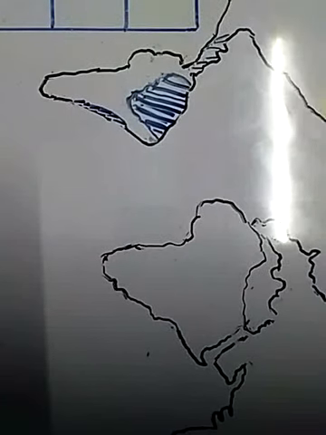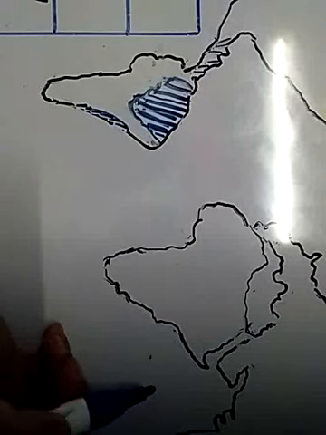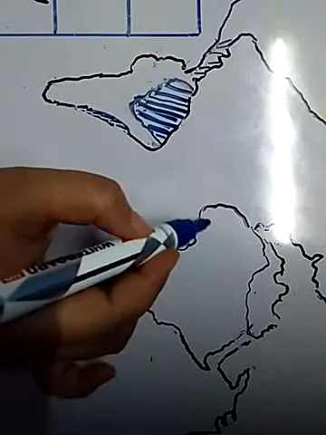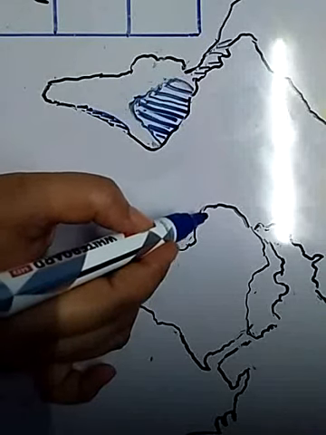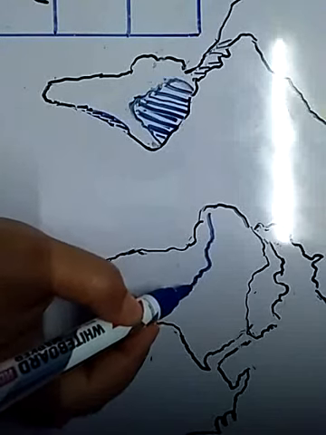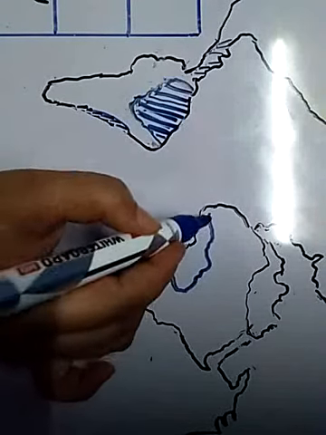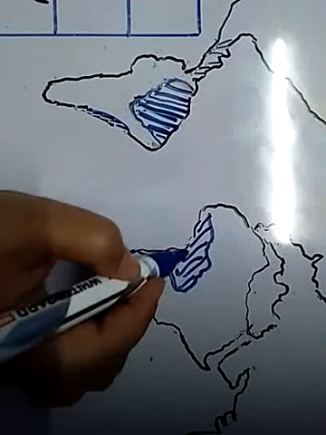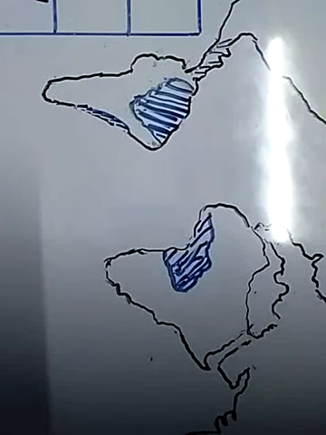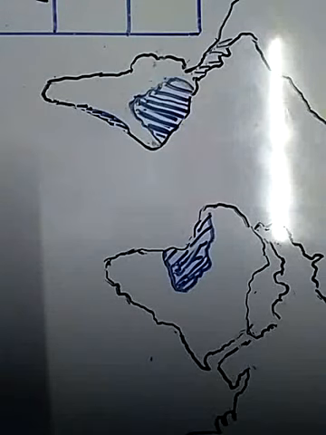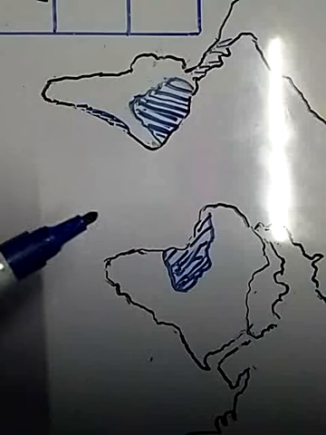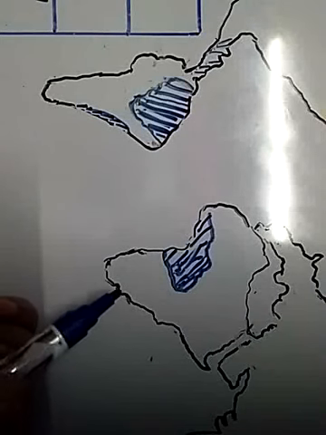These type of forest, the evergreen forest, the tropical rainforest, are also found here in the equatorial region in Africa. Zaire basin, here the evergreen forest or tropical rainforest are found. Why is it called rainforest? Because they are confined to the tropical region where heavy rainfall occurs throughout the year.